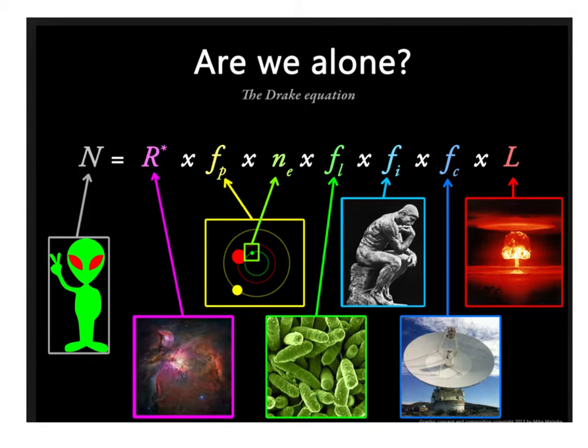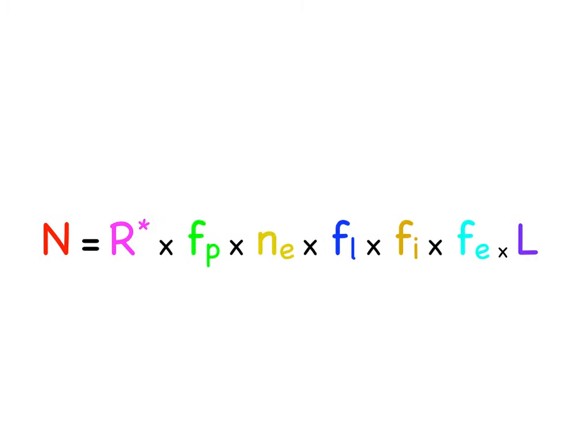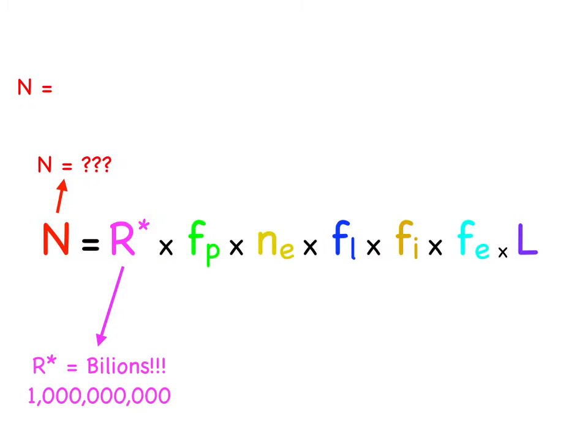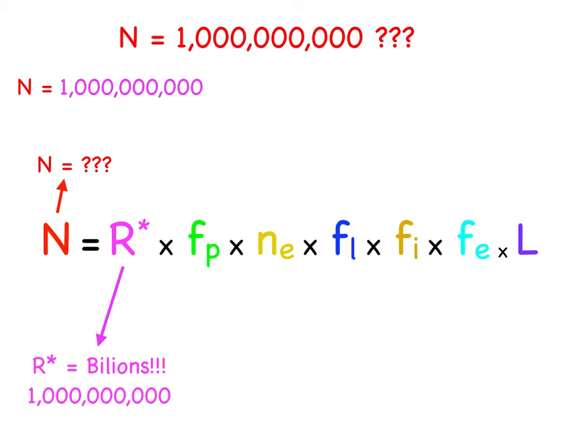We can think about it in pictures like this. So let's start again. N, again, is still the question we're trying to ask. How many alien worlds in our galaxy? Then the first number, R star, is a number we've known for quite some time. Well, it's at least in the billions, so we'll put it equal to 1 billion, to be modest. So, starting with N equal to 1 billion, each time we multiply by one of our fractions, we'll reduce that number. But since we're starting with such a big number, hopefully we're still left with a reasonable number